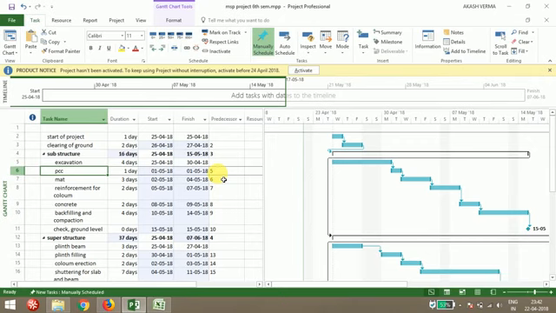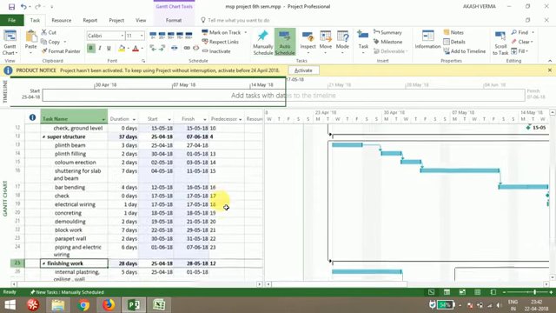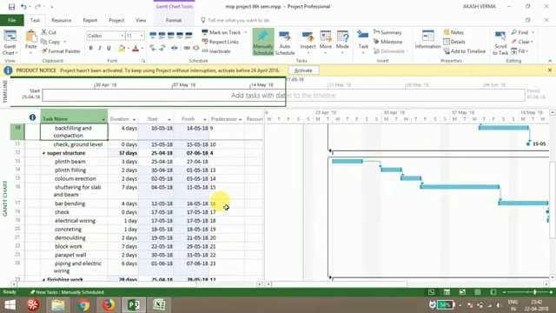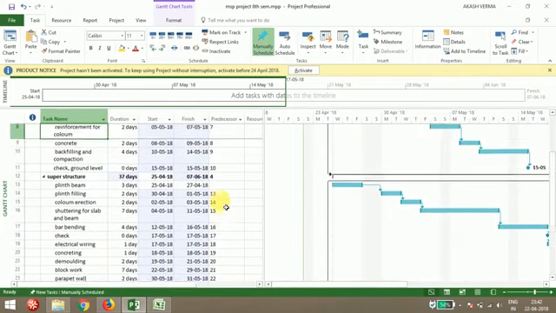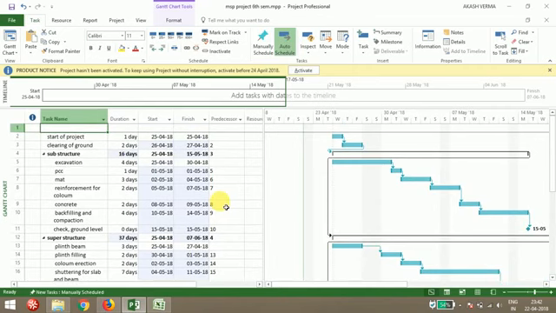This fifth task means excavation. Means PCC work cannot start until the excavation work has finished. Therefore, the predecessor 5 has come here. So like that, in Microsoft Project, finish to start is the default relationship which is already stated here.